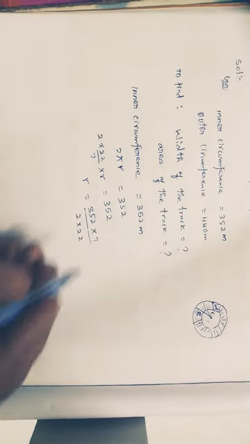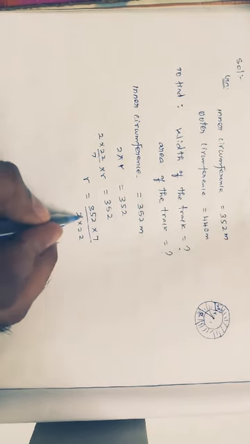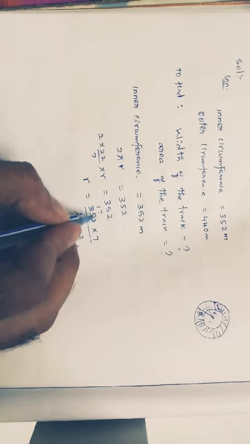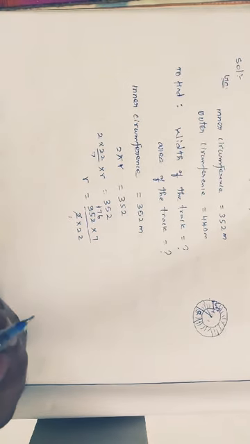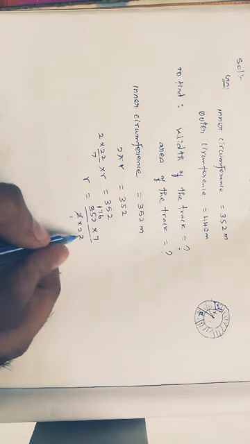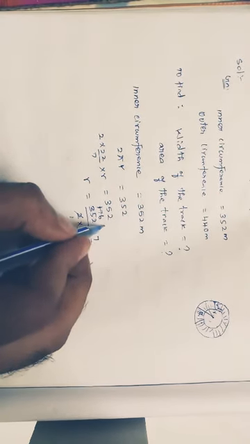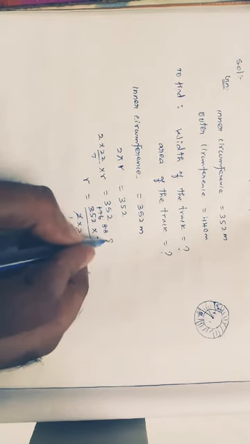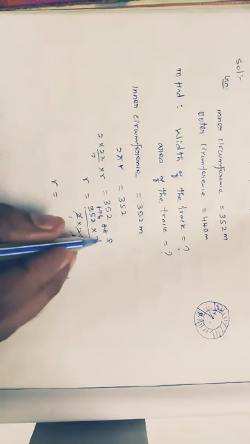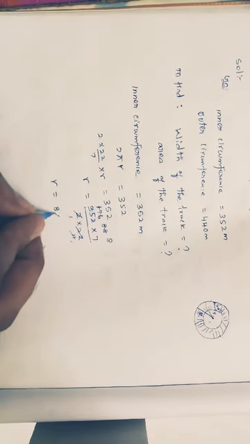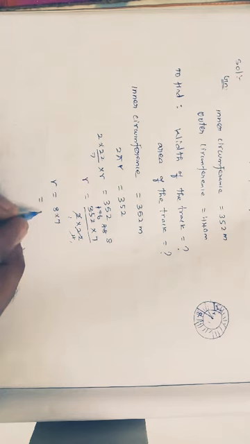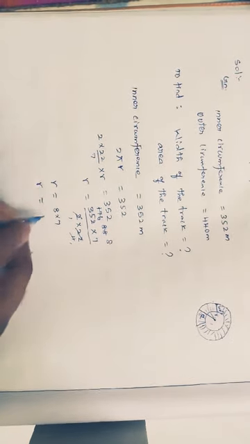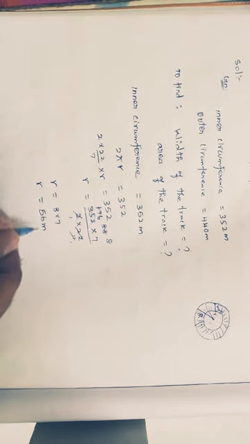2 into 22. Now, is it possible to simplify? 2 table. Yes. One time. How many times? 1, 7, 6. 176. Right. And see that once again 2 table. So 11 times. Here 8, 88. Both are 11 multiples. Simplify 1 times, 8 times. So r is equal to 8 into 7. So 8 into 7 is equal to how much? 48, 56. So therefore the radius of the small circle is equal to 56 meter.